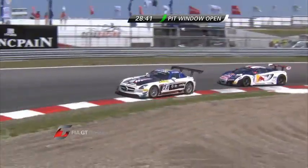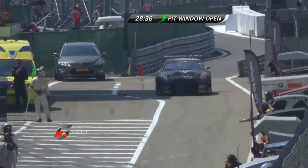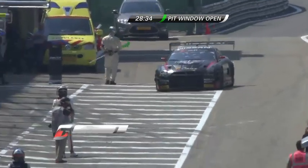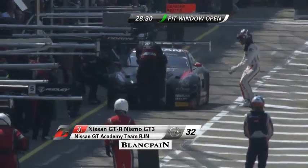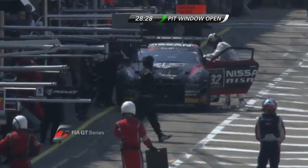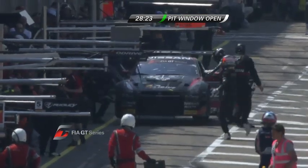And they did work on the car overnight, particularly on the sister car. They made some changes to roll bars. They found time. Mike Parisi was very quick this morning in the warm-up. Alvaro wouldn't admit that they had made the same changes to that car, the car he shares with Sebastien Loeb. But I would imagine that Perez will be pushing hard to get ahead as quickly as he can, as we